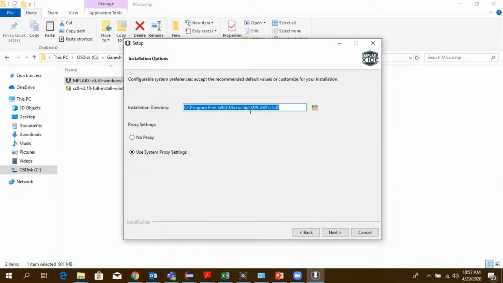It gets installed in the Program Files Microchip MPLAB X version 5.30 directory.